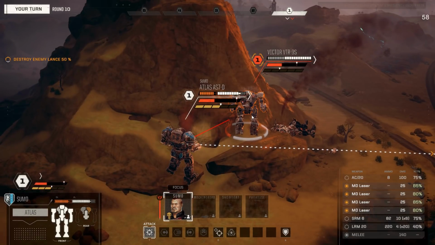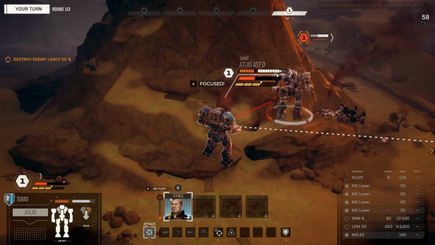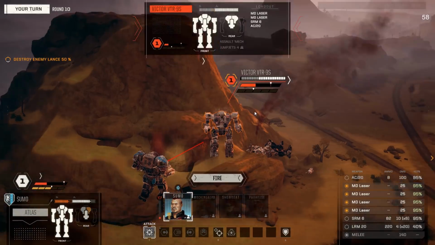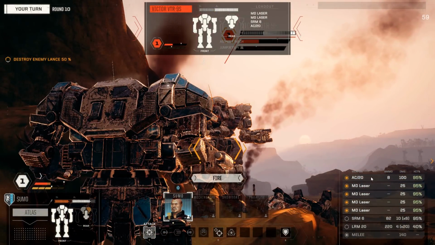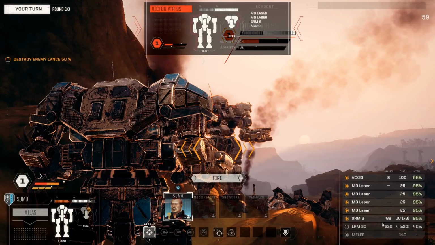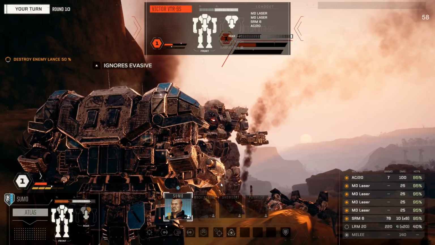Now, I'm pretty good at hitting this guy here, but I can do focus. Okay, now the gloves are off. Which reduces the fury, but focuses this guy, and now you can see I'm very accurate. So AC-20, SRM-6. I could do LRM-20 for the other guy, but that's going to overheat me again, and I don't want that, so...